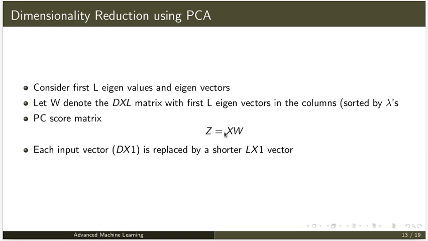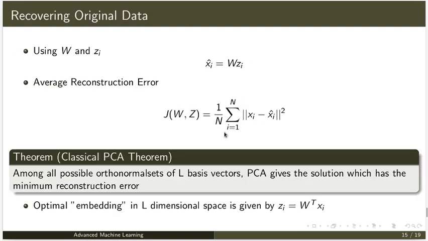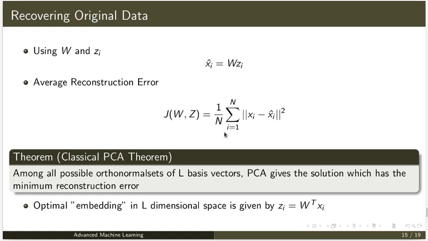And that's why it works better. So the reconstruction method is, W consists of the first L eigenvectors, and for each row in Z we get the corresponding lower dimensional embedding of Xi.